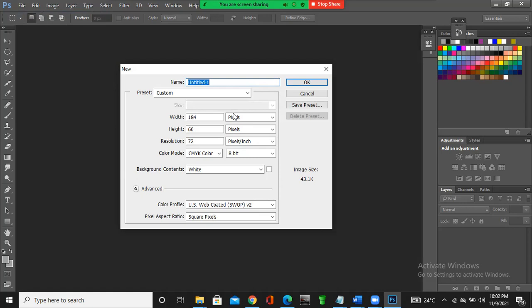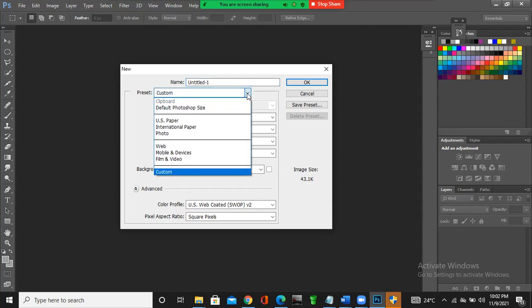Now there's something you need to understand. Flyers, business cards, everything has its sizes. I will show you how to design all those sizes. We'll show you the sizes of each, and we'll tell you how to design it. So this Custom here, you click on the drop down menu. You see Default Photoshop Size, you see US Paper, you see International Paper. Now, you see Photo, you see Web, Mobile, Film and Video. Now, when you click on International Paper,